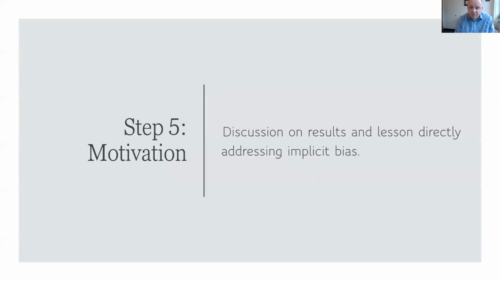Step 5, we have this big discussion. They bring all the results back, and we talk about it in class, and we discuss it. And we have a specific lesson directing the importance of understanding our own bias. Everybody has a bias, but you need to understand that so that it doesn't blind you from the treatment you can offer to your clients. Going back to our analogy, we remove that beam from our eye and we understand what our own implicit biases are, that allows us to better serve our clients and offer them a higher level of therapeutic interventions.